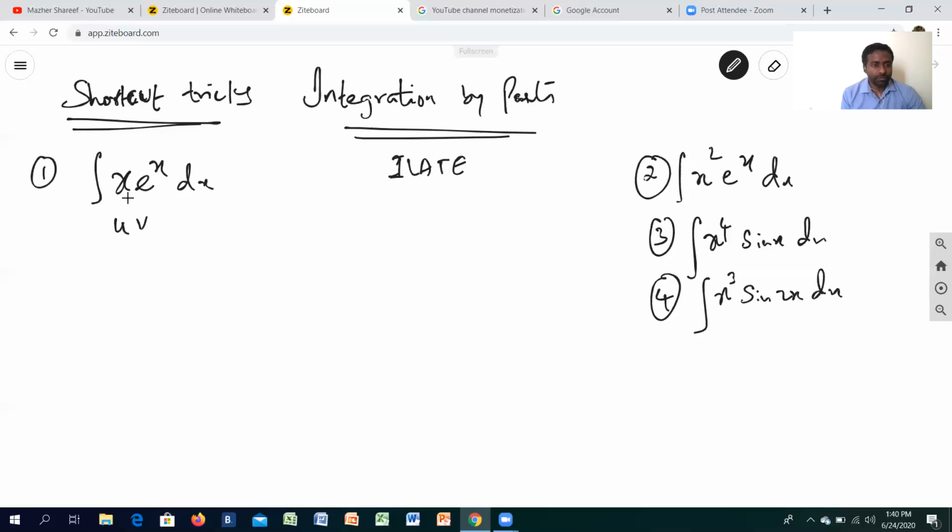So I'm taking u as x; first we write it as it is. Then what is the derivative of x? 1, and the next step is 0, so we leave it at that. Now what is my next function? e raised to x. Integration of e raised to x is e raised to x. Likewise, integration again gives e raised to x, since it repeats no matter how many times you do it.